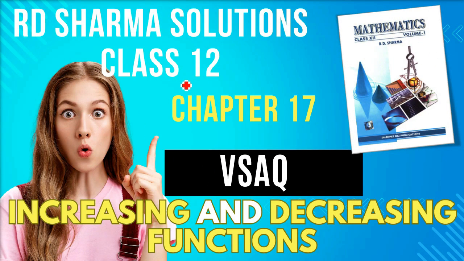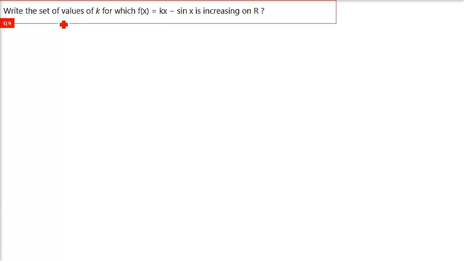This is RD Sharma Solution Class 12, Chapter 17. We are taking the VSAQ, very short answer questions, of increasing and decreasing functions. Write the set of values of k for which f(x) = kx - sin x is increasing